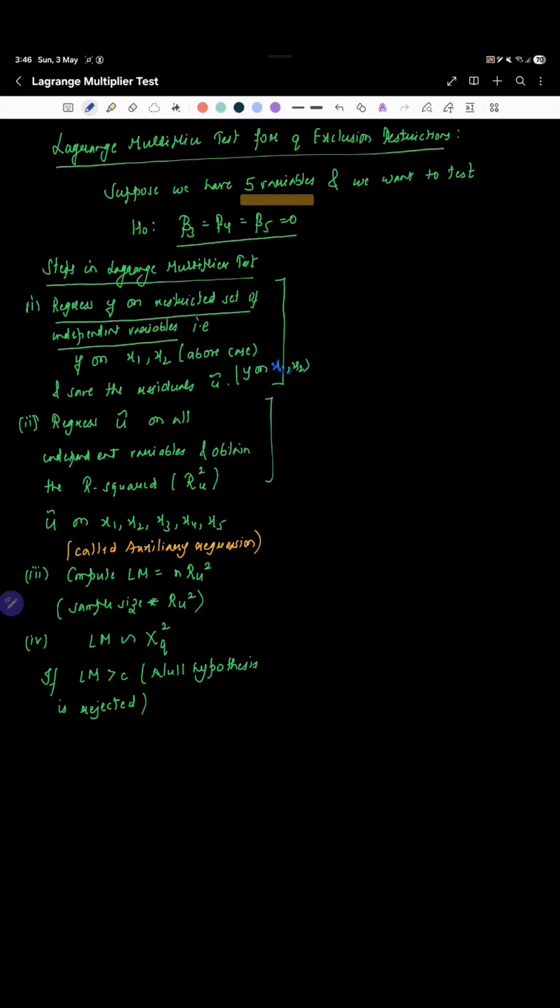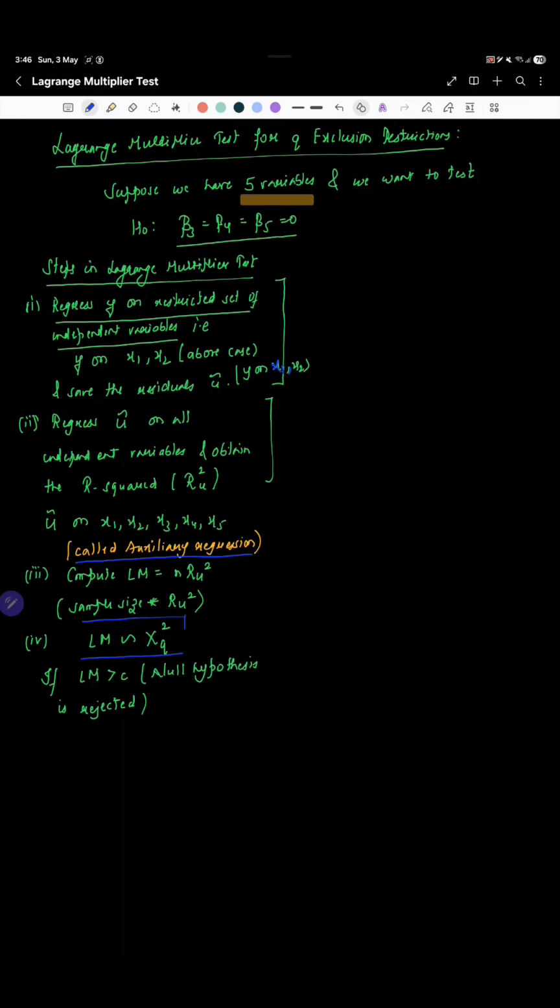And then in the second step, run the regression of these residuals u tilde on all the explanatory variables, that is x1, x2, so on up to x5. Then this regression is termed as the auxiliary regression. Then in the third step, compute LM is equal to n times R squared. The R squared that you have obtained from step 2 should be multiplied with the sample size, and then this test statistic